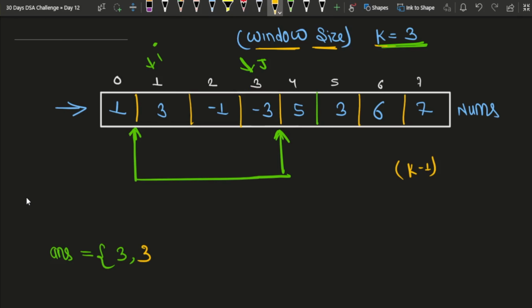I will again move my window to the right by one position. So now I will increment my I, and my I will point to index number 2. Similarly, my j will point to the next index, which is nothing but 4, right? And now my next window is going to start from index number 2 and it is going to end